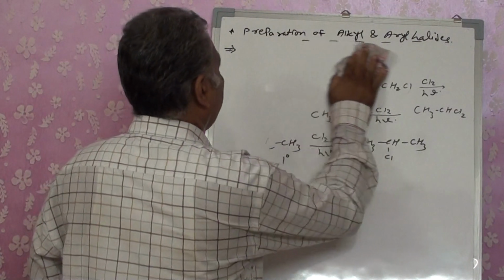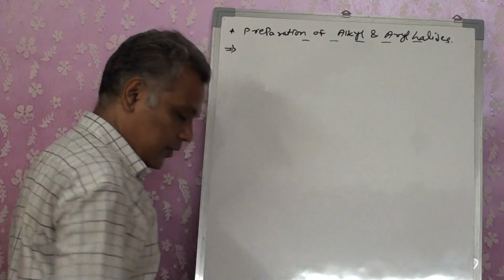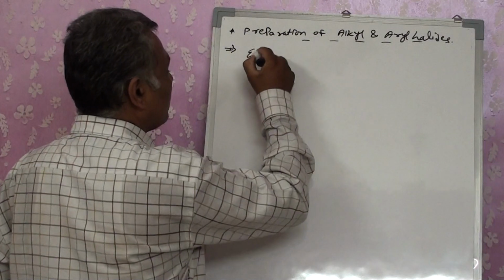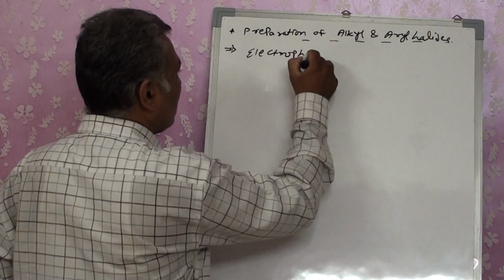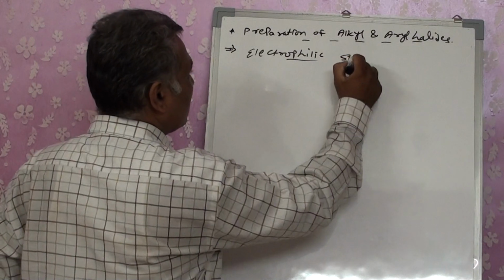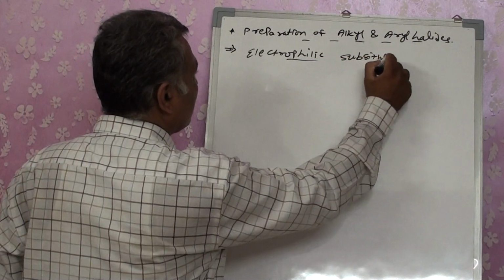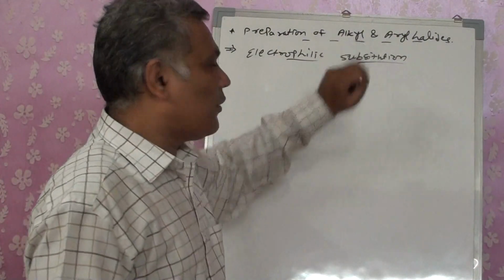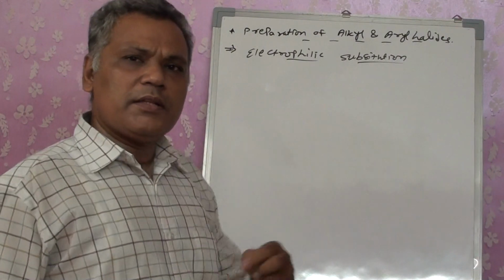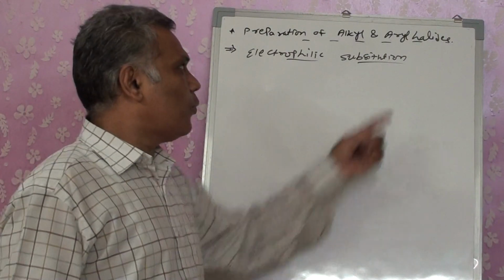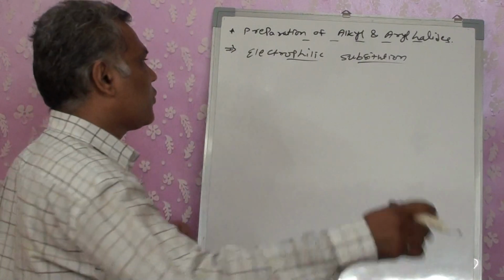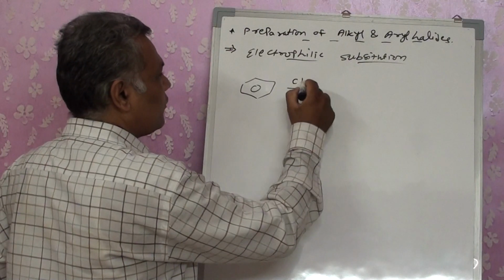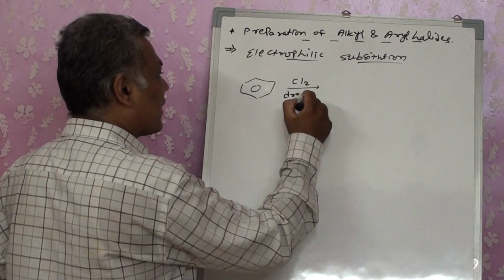Okay. The third reaction that we have is the electrophilic substitution reaction. Till now, the two reactions we studied, we wrote both of them for alkyl groups only. The third reaction we will do for the aryl group. We will try to produce aryl halide. So in that case, we have benzene reacted with chlorine, but in dark.